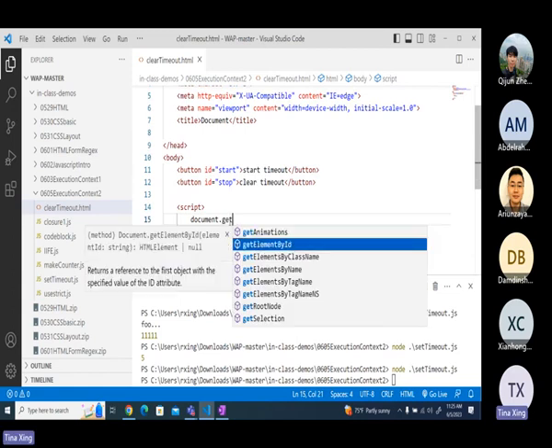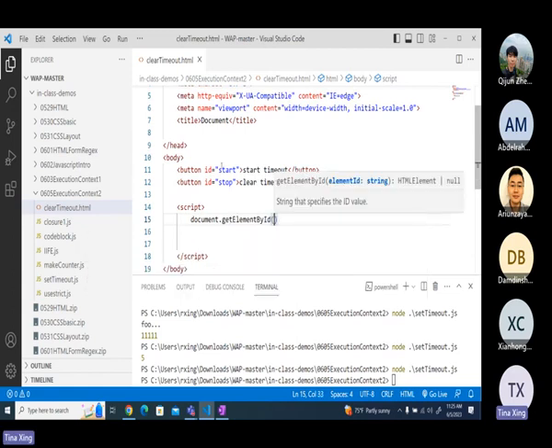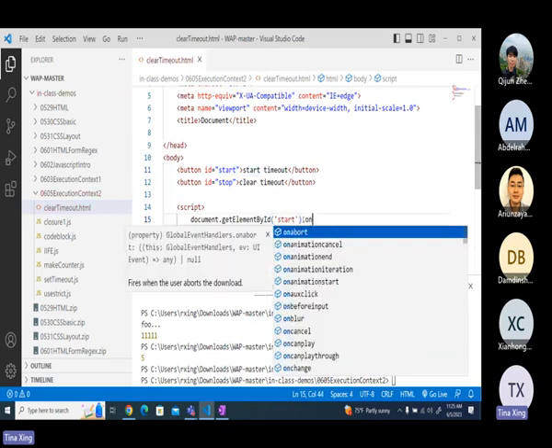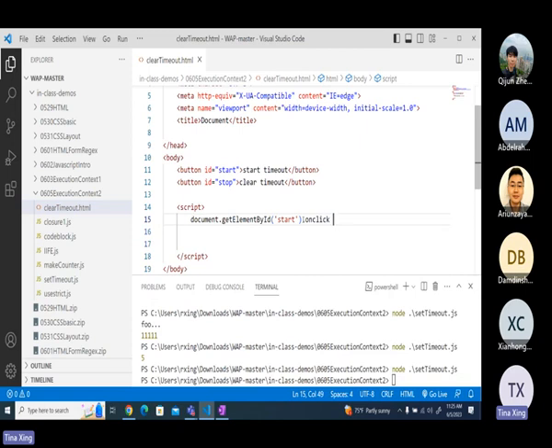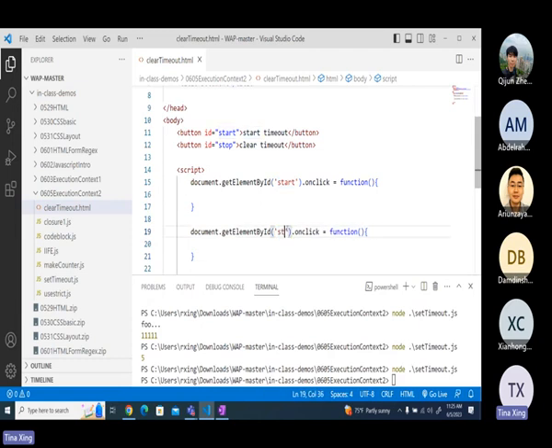Get element by ID. This is an API, and then I'll give start here. Then I can attach a click event. Okay. What's going to happen is after I click this button, it's going to execute all the code in this function. Got me? And the same thing for stop. When I click the stop button in the browser, every time you click, it's going to execute the code here. Okay, so here